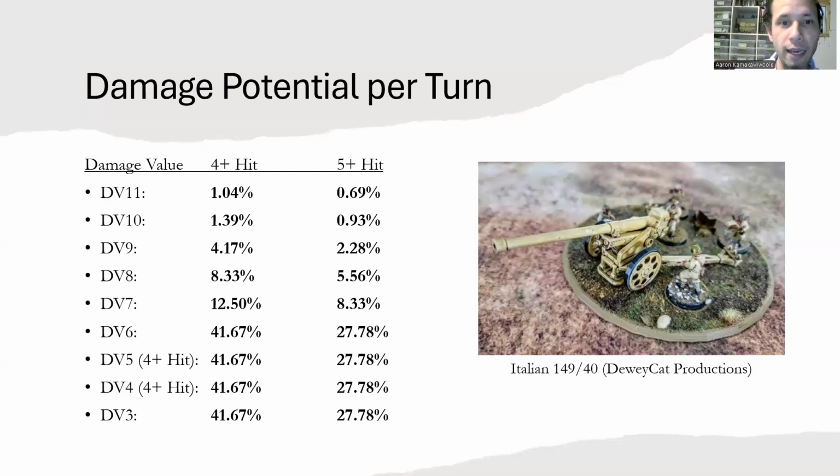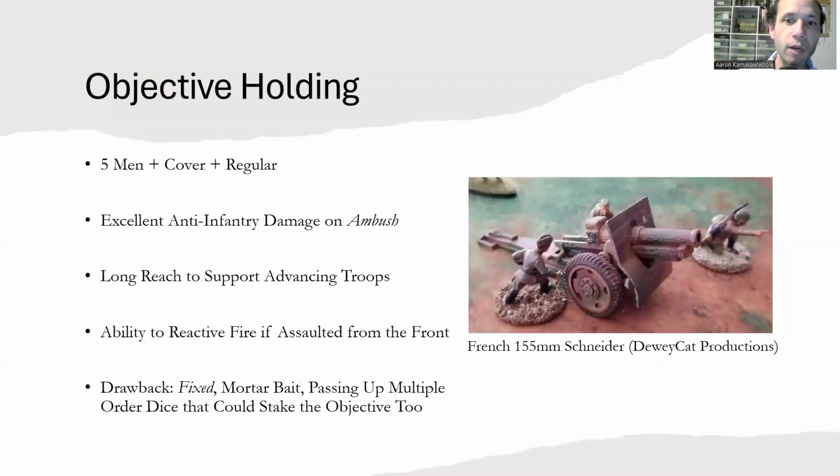howitzer, not that great. Now, when it comes to objective holding, admittedly, this is actually one of the better units you can take, because you're getting 5 men, which, short of a couple of really, really big anti-tank guns, is the most number of men you're going to see. They have typically built-in cover because you can add the gun shield, which is always nice. And you're most likely going to take these regular because you want to have the option of direct fire or indirect fire shooting. And if you're going direct, you probably don't want to suffer that -1 to hit when you cost so many